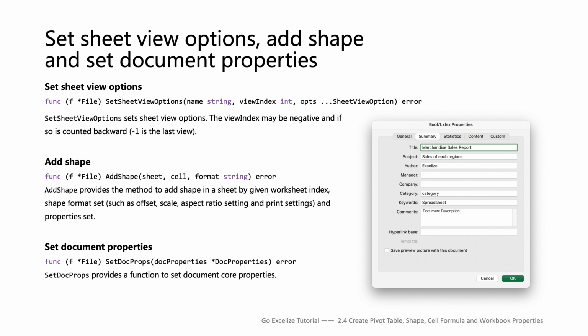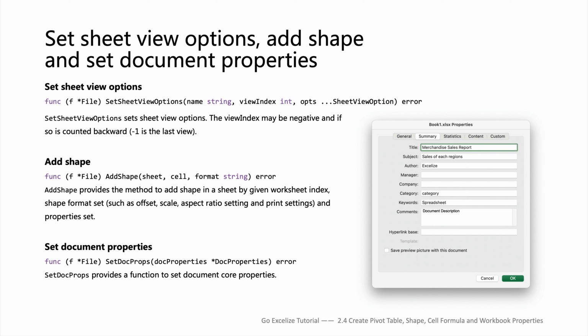Set the default scale of the sheet 1 as 120% in the zoom scale field. Specify the first top left cell when opening the worksheet by the top left cell field. Receiving and checking the error. Save the code and run the program. Open the generated workbook. The default scale of the sheet 1 was 120%, and the top left cell was G1.